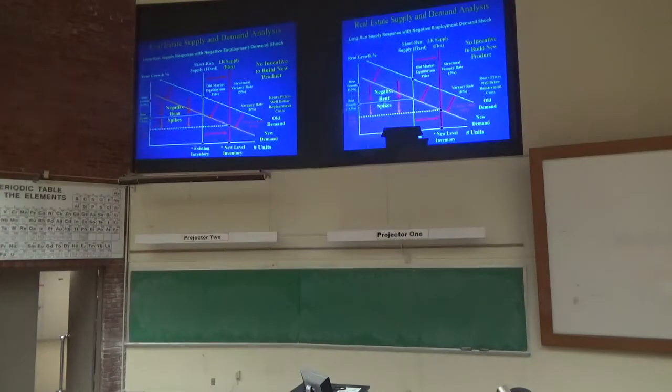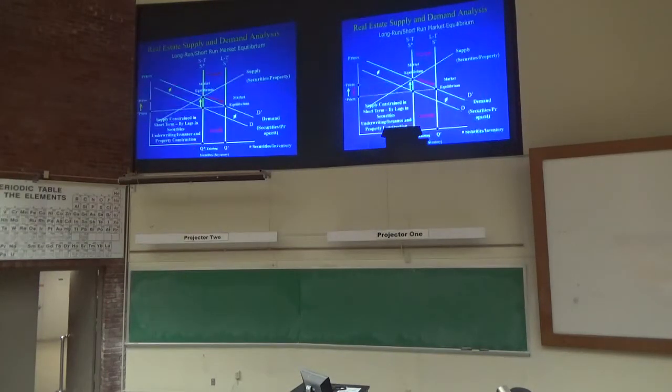And then what I don't have here that I should have is a scenario where you see the short-term and the long-term supply curve where it shifts out. In supply-constrained markets, the supply curve moves out and then stops right in the middle between the two. Okay? So the supply curve does not move to its long-term equilibrium. It's actually supply constrained. And since it can't move out to the equilibrium point, rents and prices appreciate above the local inflation rate on a constant basis because the supply can never be met. Those are supply-constrained markets.